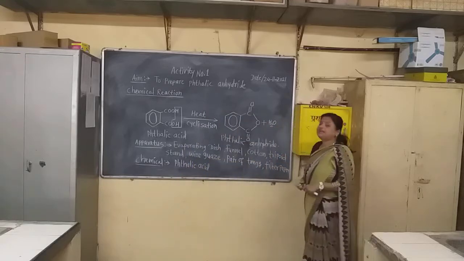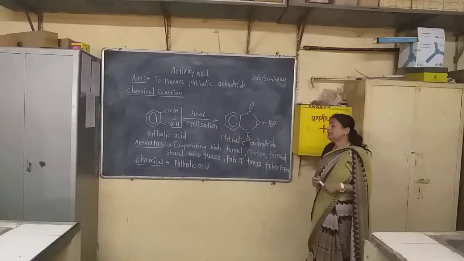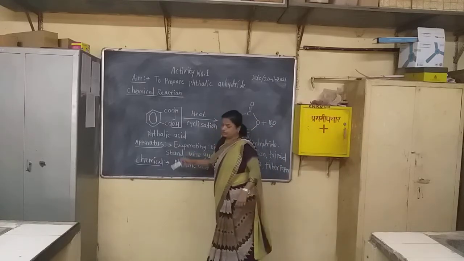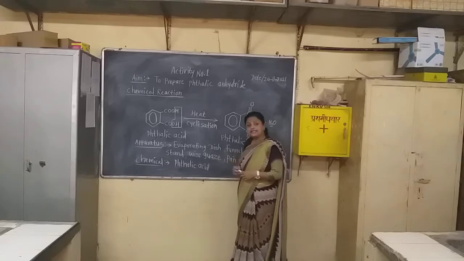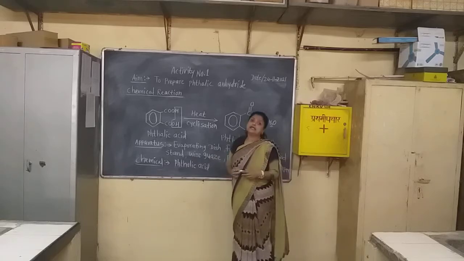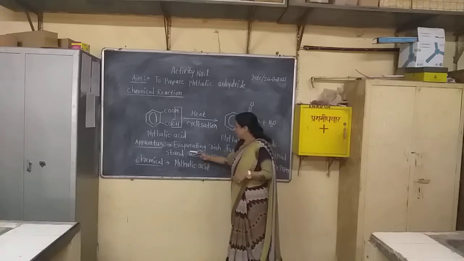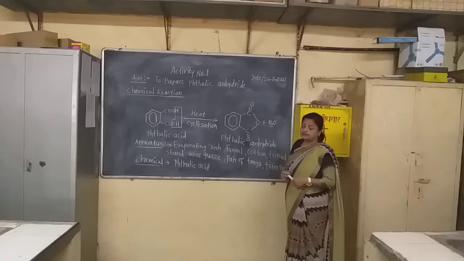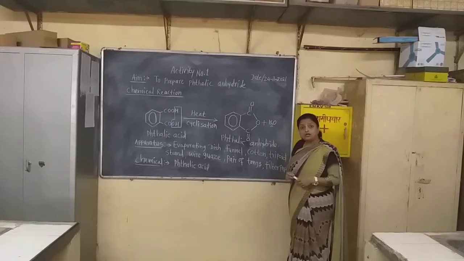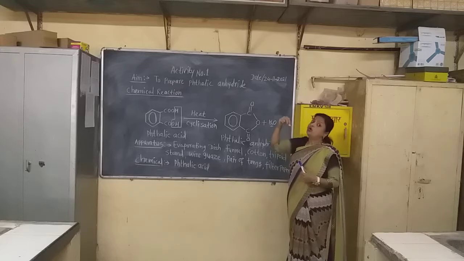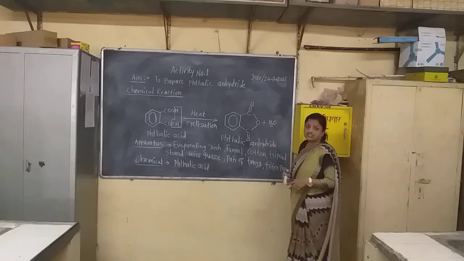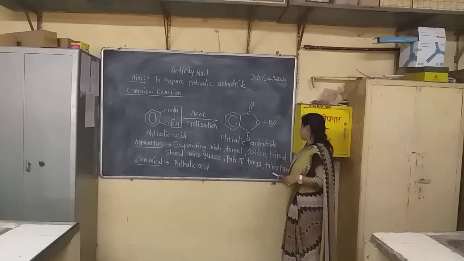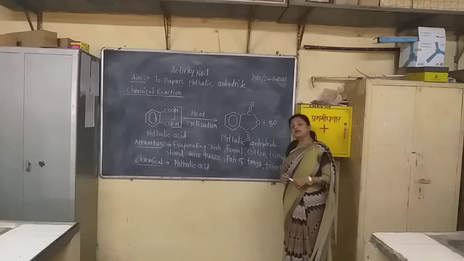Now which apparatus are very necessary to carry out this practical? I will show them after some time, but first see the names of that apparatus. Evaporating dish, a funnel is there, that is very necessary. Cotton to block the hole of that funnel. Tripod stand for heating, wire gauze, pair of tongs, and filter paper. These are the very important apparatus.